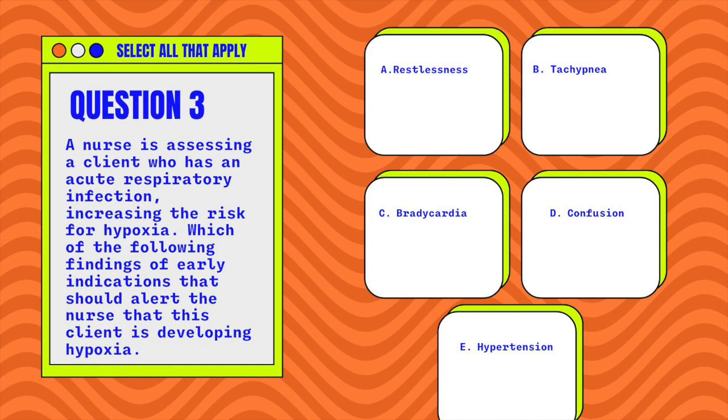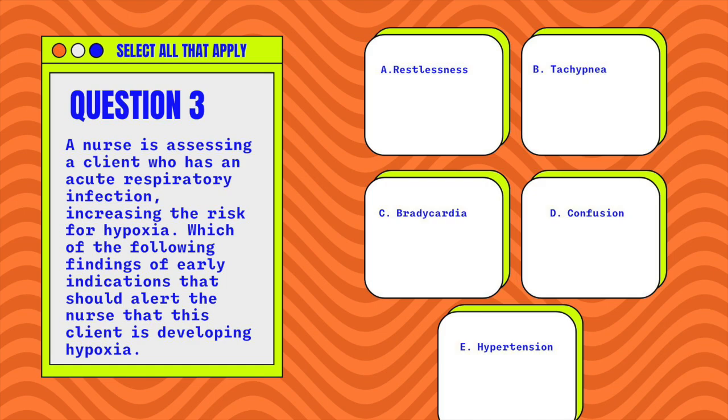All right, number 3. A nurse is assessing a client who has an acute respiratory infection, increasing the risk for hypoxemia. Which of the following findings are early indications that should alert the nurse that this client is developing hypoxia? Select all that apply. Okay, so hypoxia, not getting enough air, signs of shortness of breath. All right, so your choices are restlessness, probably,